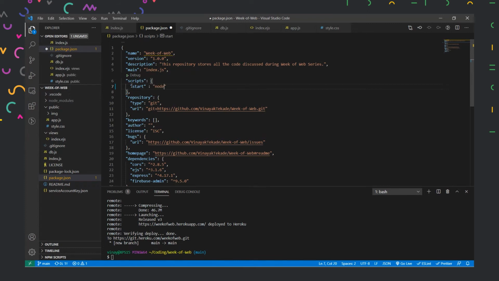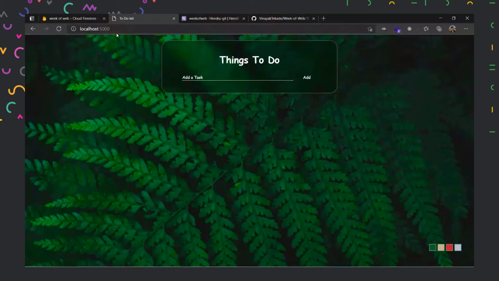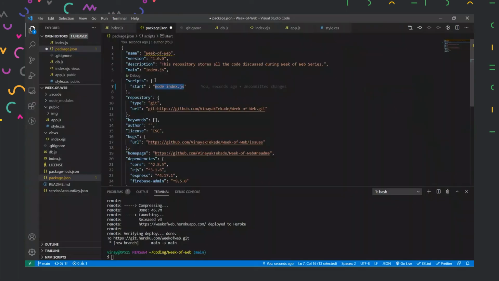So that means whenever we are in this repository and it is starting npm, it will run the npm start command, and that should run this script, which is node index.js. When we do node index.js, we have the application over here, right? This application starts at localhost 5000. So similarly, that Heroku web server should also know how to start the server.